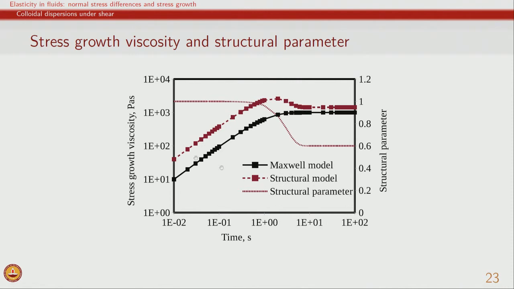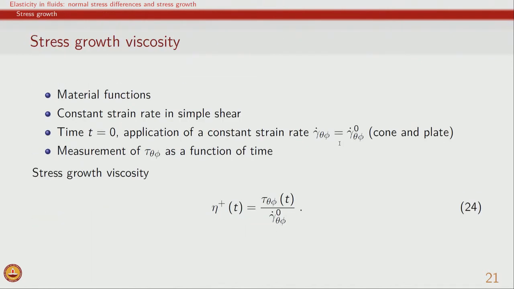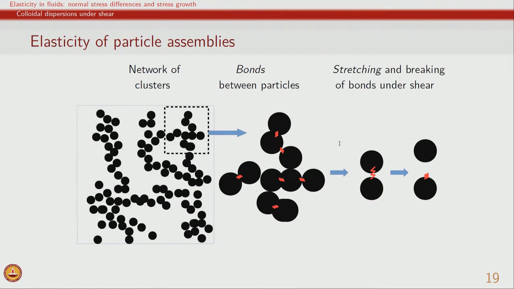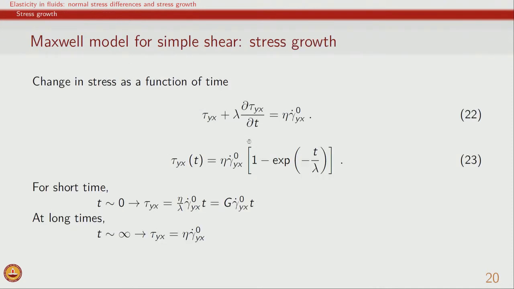Because of the structural parameter initially being 1 when all the bonds are formed, and then because of shearing there is an evolution and change in structural parameter and a steady value which is reached at long times. So, basically structural parameter decreases, and just to remind us, the structural parameter decreasing is because the average number of bonds which are broken is higher and higher as the time goes on. However, at steady state the average number of bonds remains same, because the rate of formation and rate of breakage